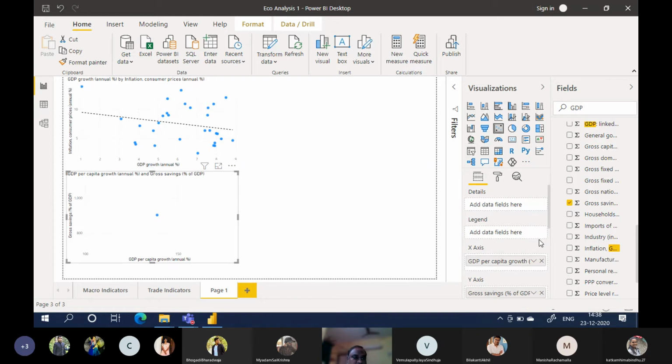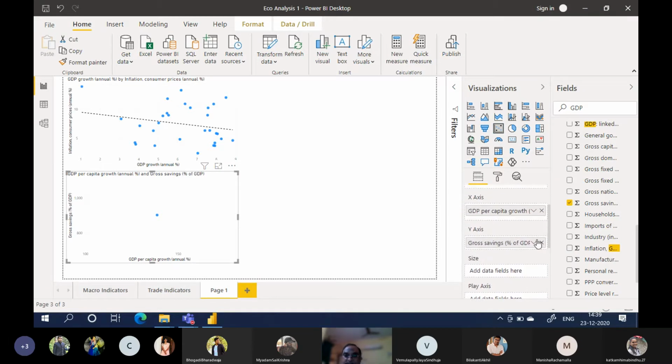Why is it not showing per capita? Both are percentages only, right? Is this a scatter plot? Yeah, this is a scatter plot, with x-axis and y-axis.